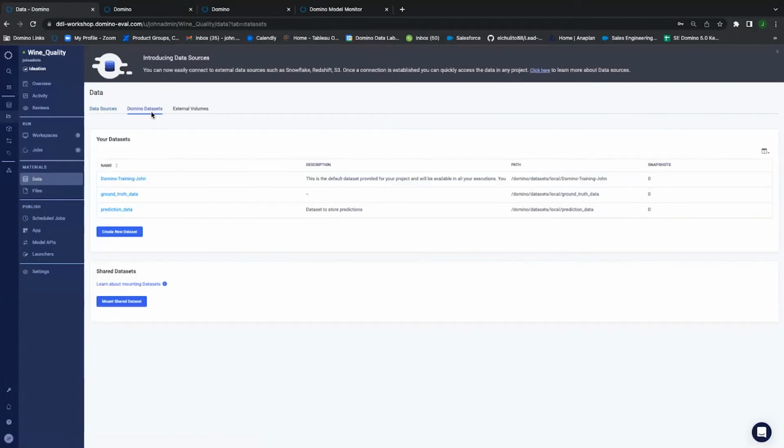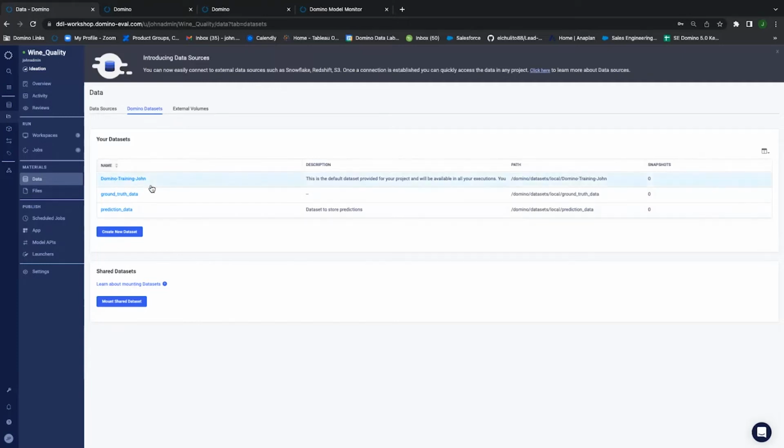Then click on Domino datasets. That's the second way of handling data in Domino. Domino datasets are really just persistent volumes that are attached to your project and can be consumed in a workspace or job. The key aspect of a Domino dataset is that you can upload large datasets, massive ones, say 80, 90, 100 gigabytes, and use them within Domino. Or, when you're building your ETL processes or your retraining data, you can keep those datasets persisted inside the volume of the project itself. That makes it easier for you to build and continue throughout the life cycle of the model that you're building.